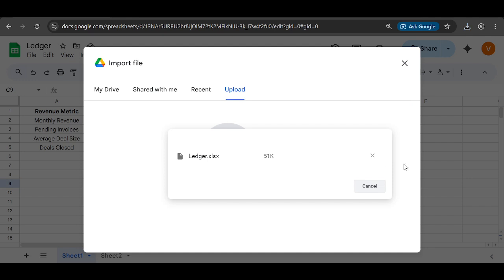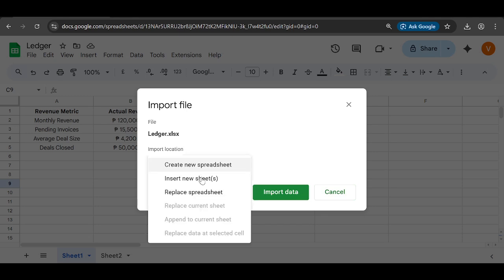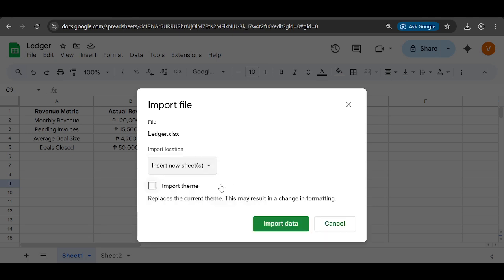Next, decide how you want to bring the data in. Create New Sheet starts a fresh spreadsheet with your imported data. Use this when you want it completely separate from your current file. Insert New Sheet adds a brand new tab inside the spreadsheet you already have open, keeping everything together but on